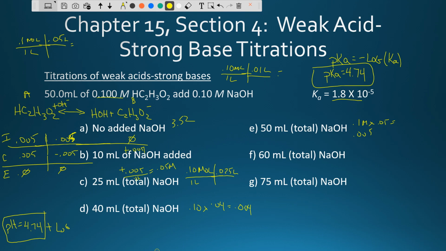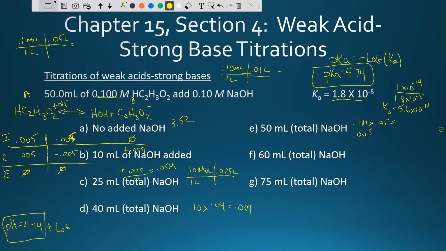Okay, so using the Henderson-Hasselbalch, I could take a look at that way, which is kind of weird because I don't really see any value in that because it's 4.74 plus the log of 0.05 over 0. I can't do that, can I? I can't use the Henderson-Hasselbalch in this case. However, if I know my Ka is 1.8 times 10 to the negative 5, I can take 1 times 10 to the negative 14, and divide it by the 1.8 times 10 to the negative 5, then I see that my Kb value ends up being 5.6 times 10